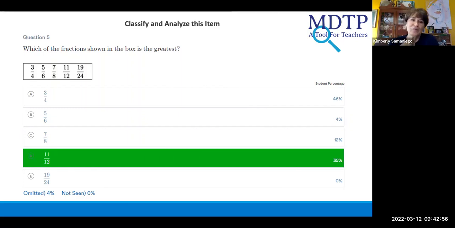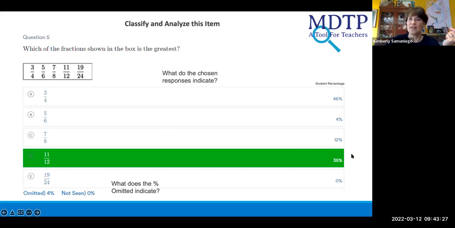But specifically, this last one here is from a different topic. This was from fractions, and this was a curious problem for me, because 35% of students got this correct, but a low percent omitted it. So this is question 5, but we still had a few that decided not to do this problem. Maybe because, like some of you said, it takes too much work. They thought it would take too much work to do it, but all of them saw it, and 35% got this correct. But we have a high rate choosing A,